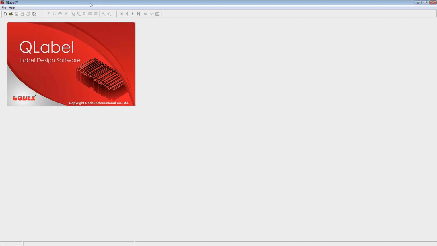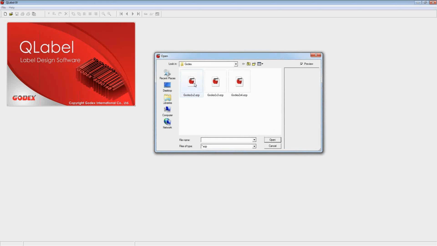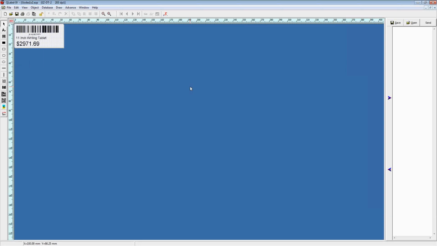Over time, we have made some labels in their program. I'm going to open one that was made and we actually ship. We're going to start with this one here. This is a 1x2. And notice that this file name is an EZP. That is their actual extension that they use. When I open this up,